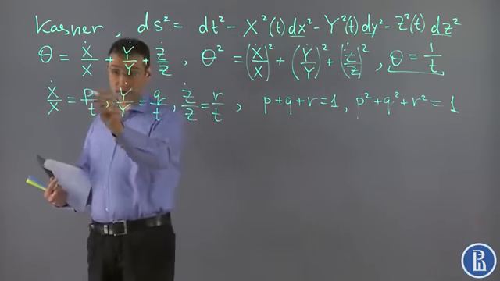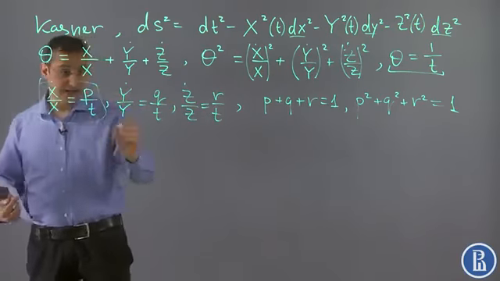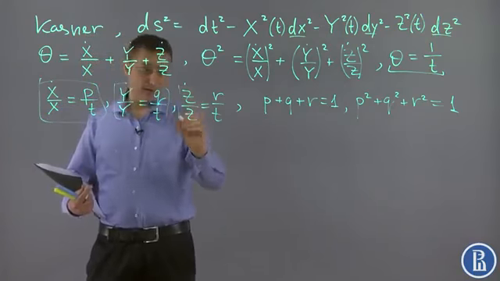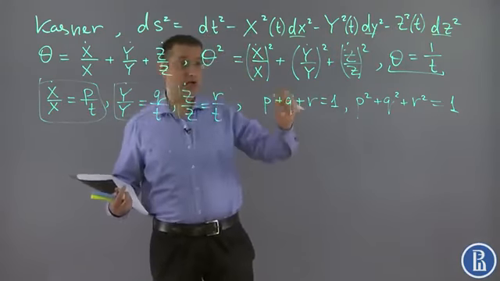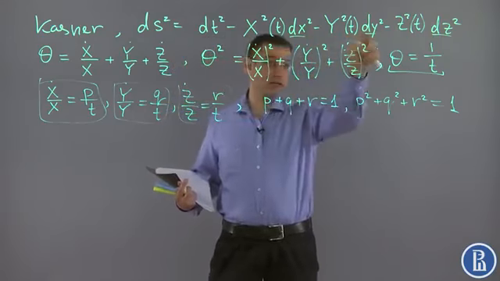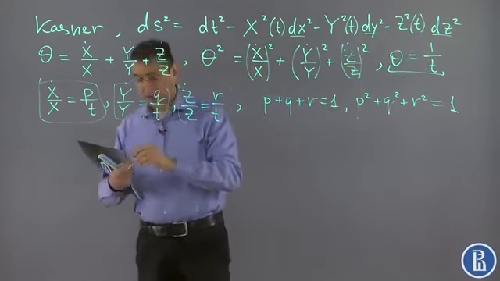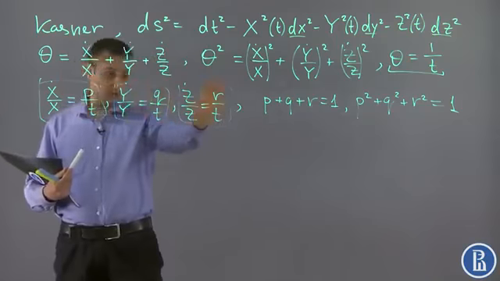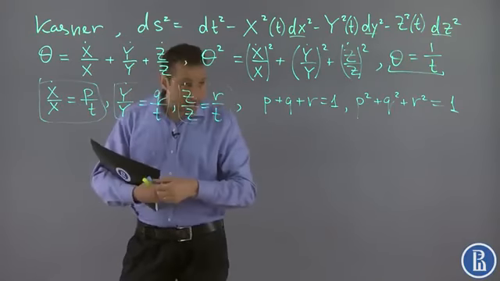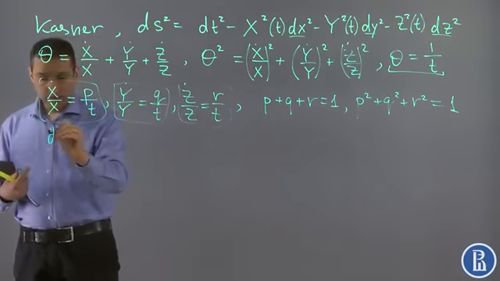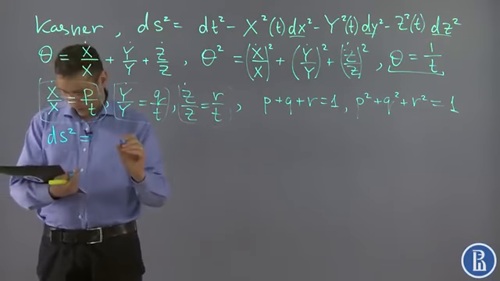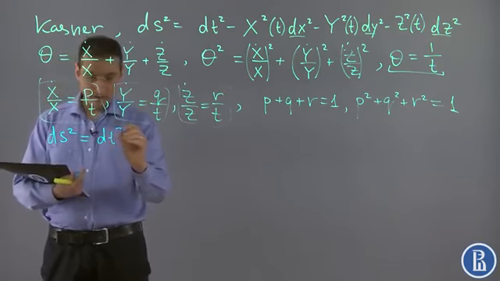Now, one can solve this equation for x, for y, and for z, and plug them there. After the proper rescaling of these coordinates, one can get rid of the constants of integration which appear here. And to obtain that, the Kasner metric is as follows: